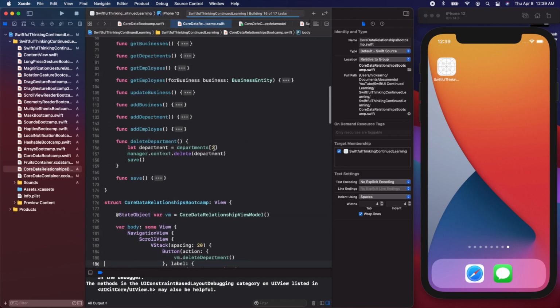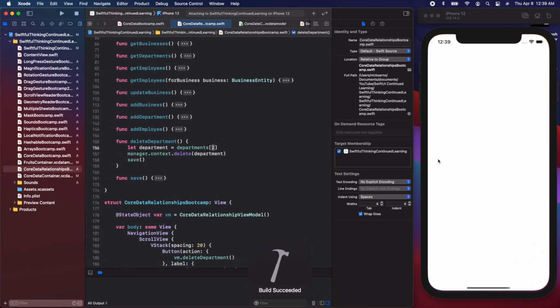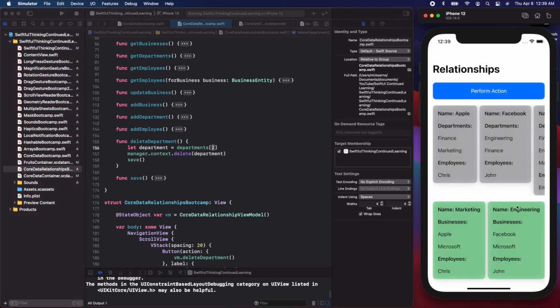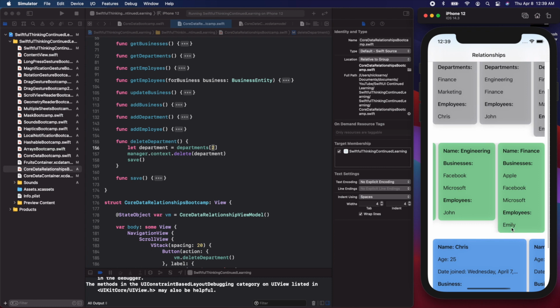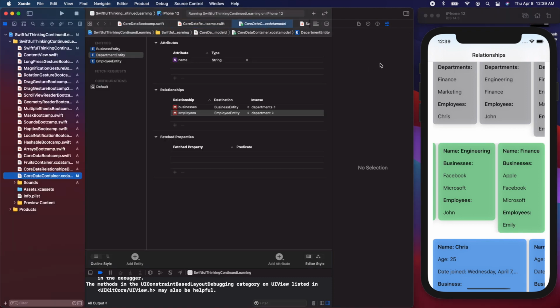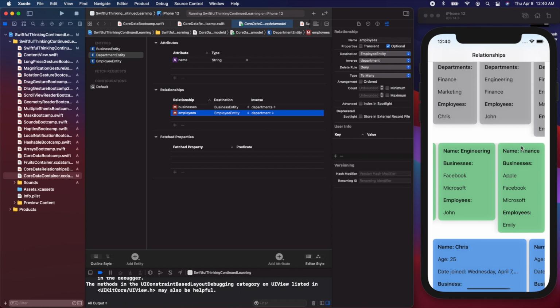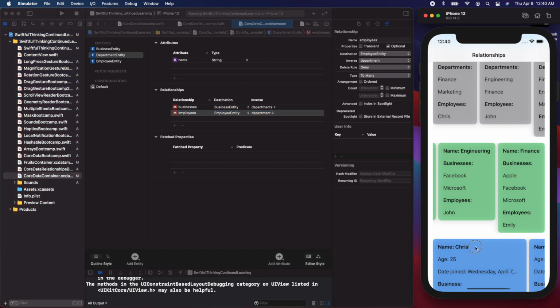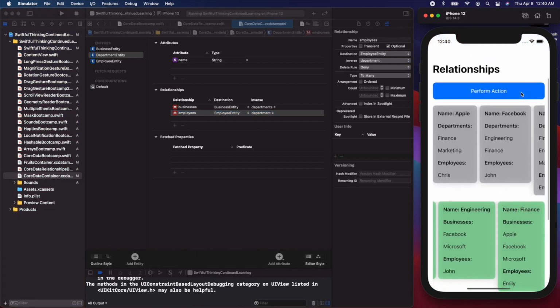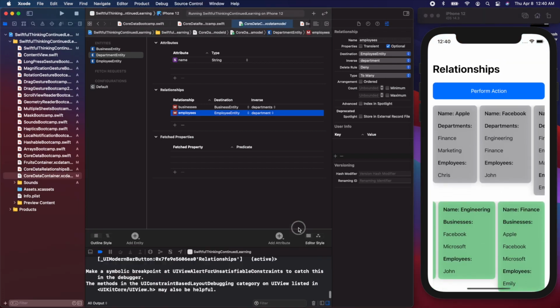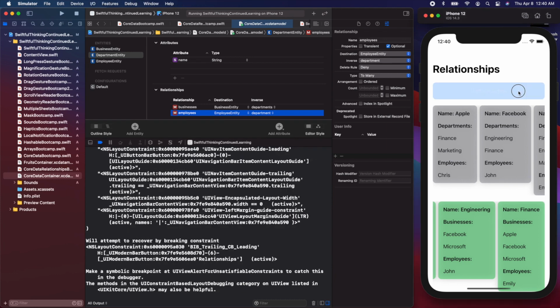Delete department is accessing the third item in the array, which is the finance department. Emily is the only employee. And remember, I put it on deny. So we shouldn't be able to delete this finance department until there are no employees. So I'm going to open up the console here, and if I go to perform action,